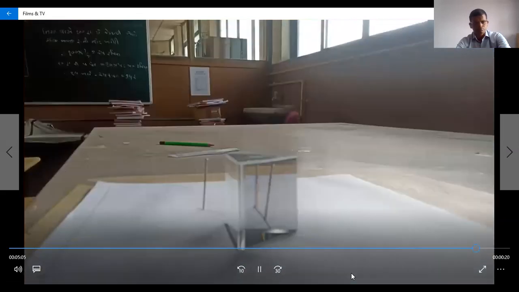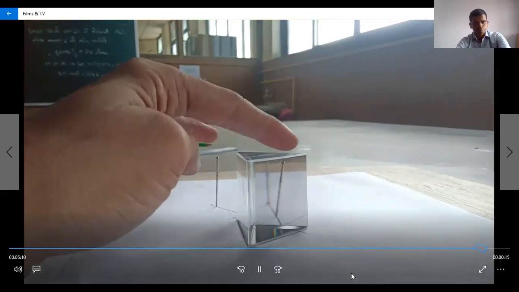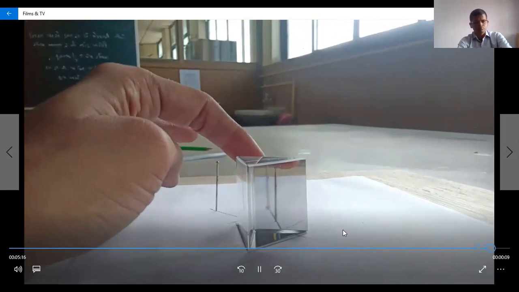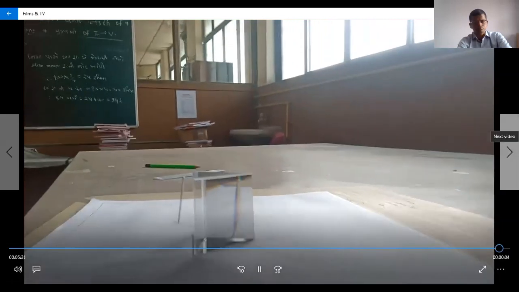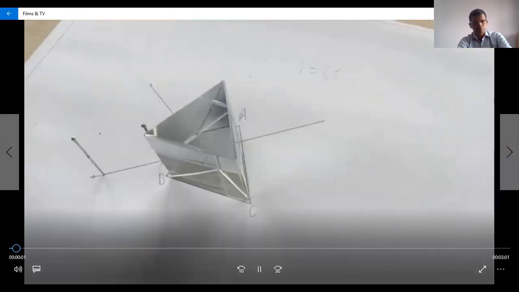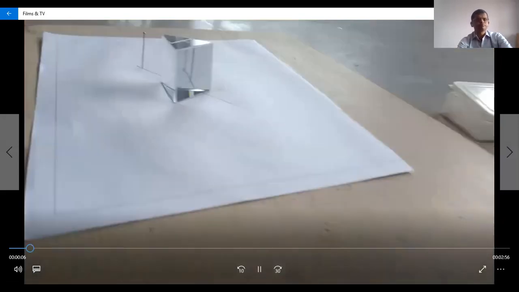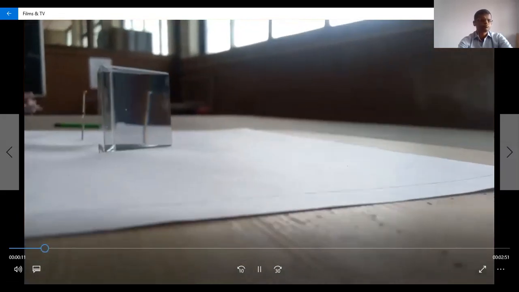So now we see here the two pins we found. This pin we put on the angle of incidence line, but maintain the other pin on this straight base. So we found one angle, and based on that angle we use another. After we put the prism again, we now see these two pins through the second surface. So now we clearly see the two pins in the prism.